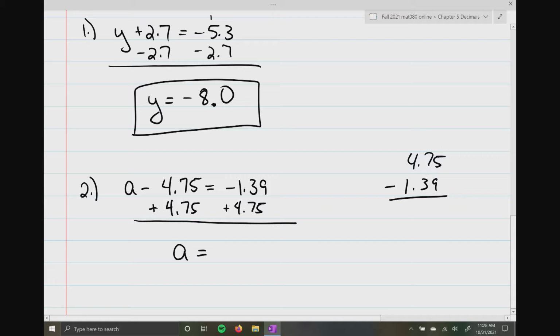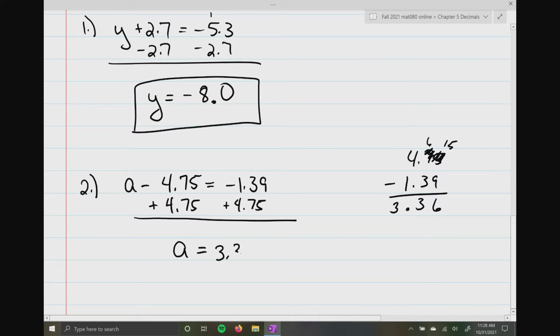So I got to borrow here. So this 5 becomes a 15. 7 becomes a 6. So 15 minus 9 is going to be 6. 6 minus 3 is 3. Decimal point comes straight down. 4 minus 1 is 3. Since 4.75 is larger, this is going to be 3.36. Okay? Now, if we just keep going,